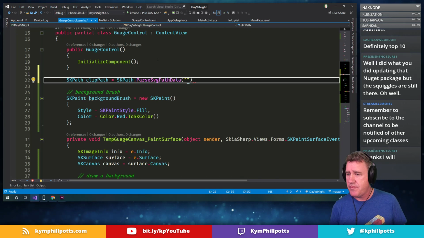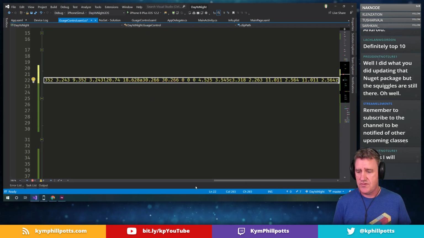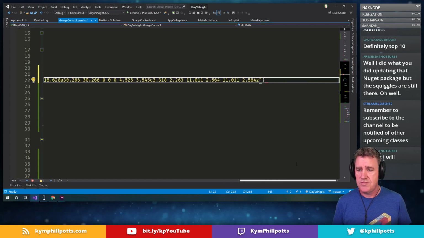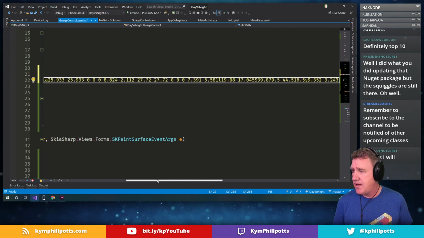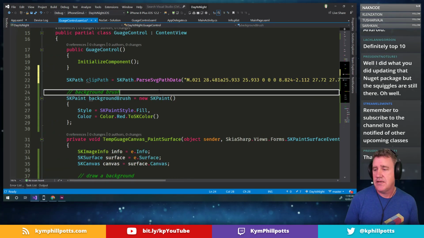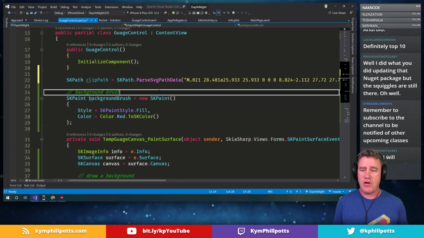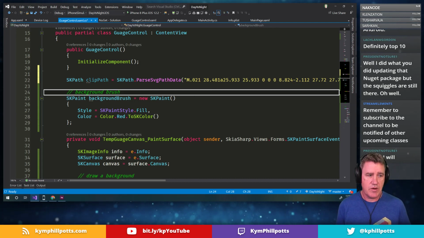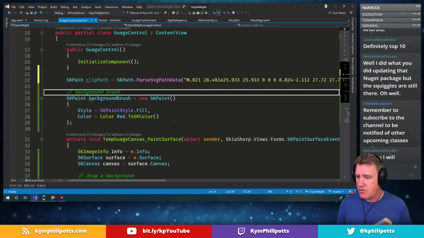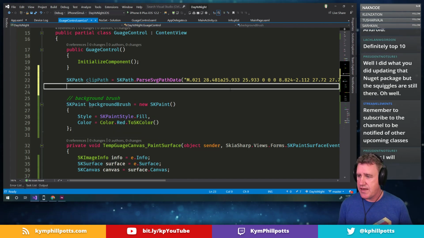And then I should be able to come back here and say, hey, here's a bunch of path data, right, that I want to use. And that will load it up. If anyone knows a better way, I think later on I'll try doing some SVGs through resources as well. But generally what I want to do here is once I've got a path, I'm going to create myself a